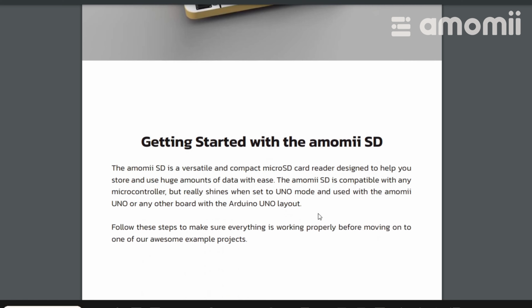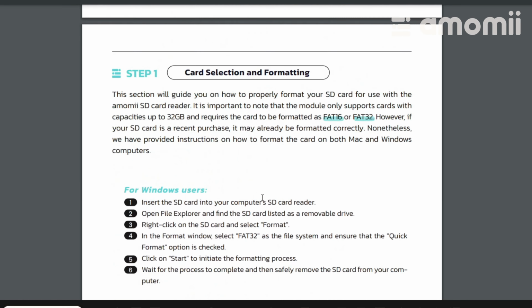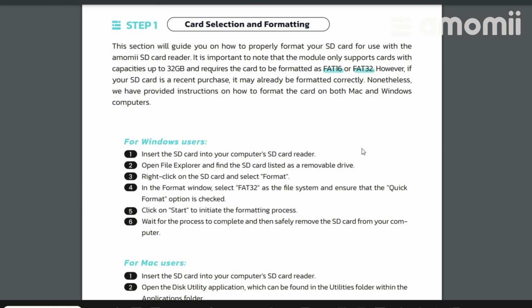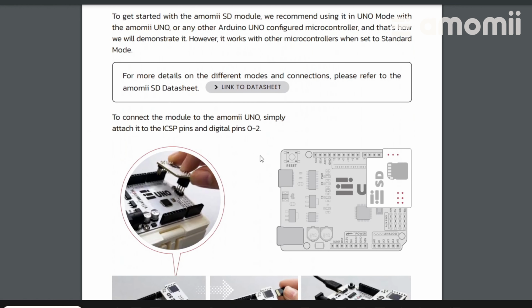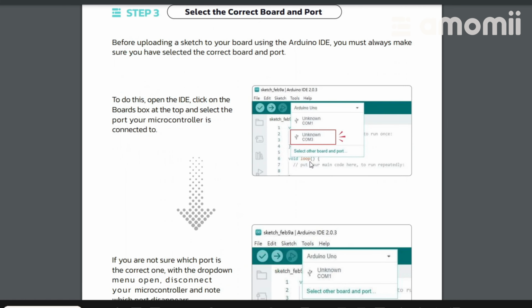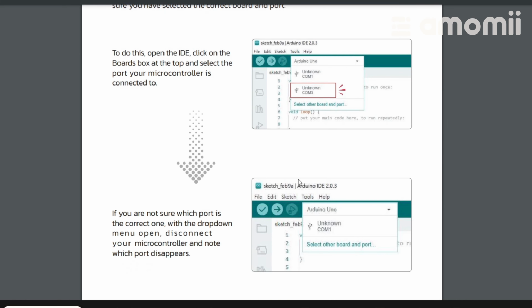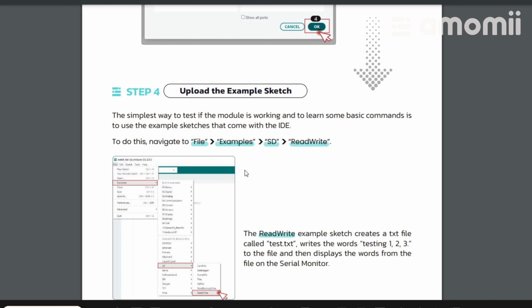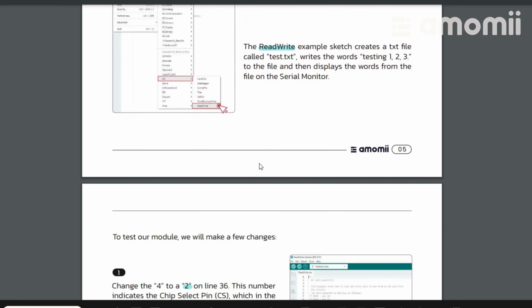The Getting Started manual again starts with a description of the product, then moves on to talk about how to format your micro SD card if you need to. Here it talks about how to connect it to an Uno, and once it's connected, how to set it up using the Arduino IDE. It walks you through how to upload an example sketch to check that it's working and